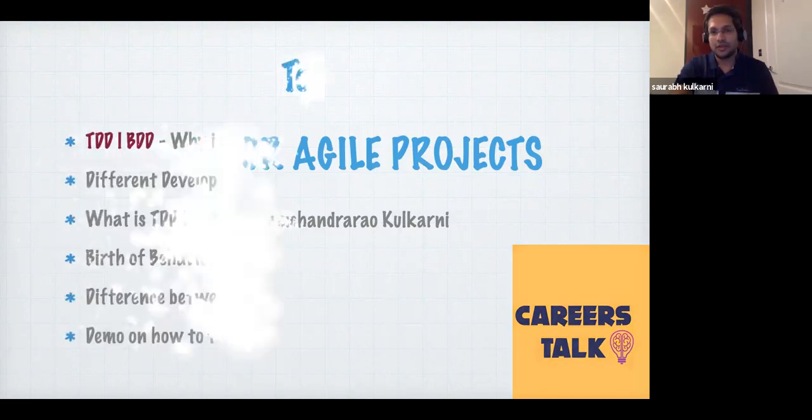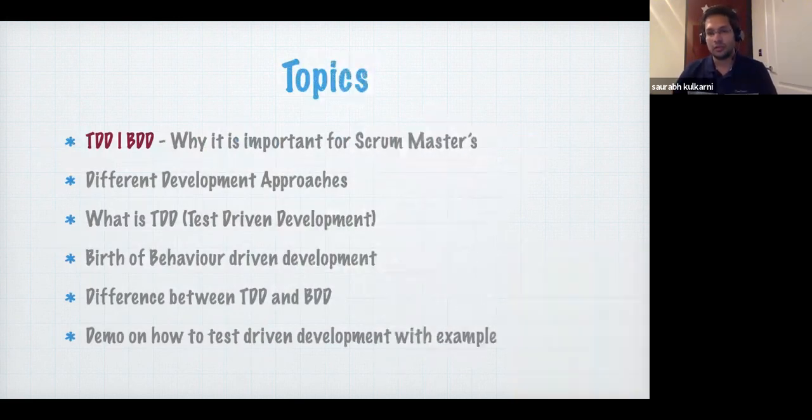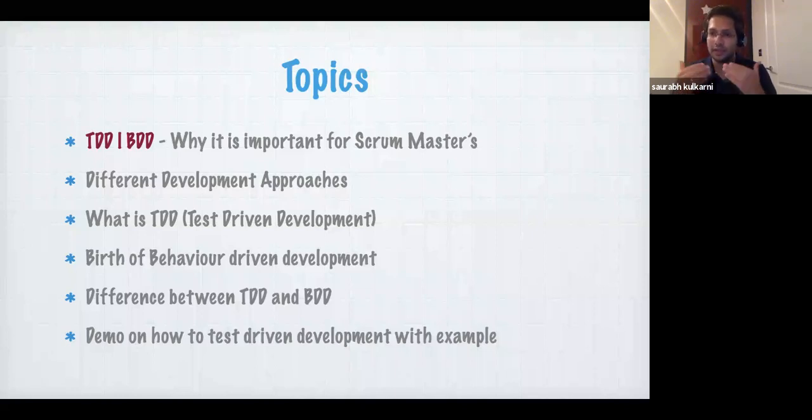What is this, and what role are these skills playing at the moment in the project? While thinking about what to present here, I have put together different topics, outlined so that you will know why TDD is important, and what the different TDD and BDD approaches are that are available to use in the industry. We will see definitions of TDD, then the birth of behavior driven development briefly, how it came into existence and what the need for it was.